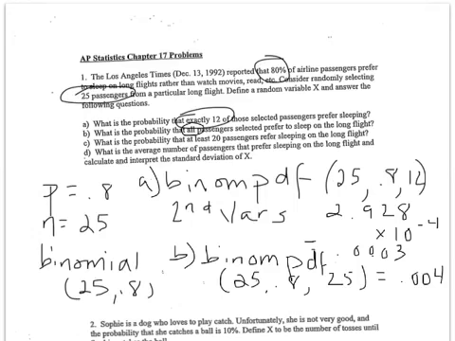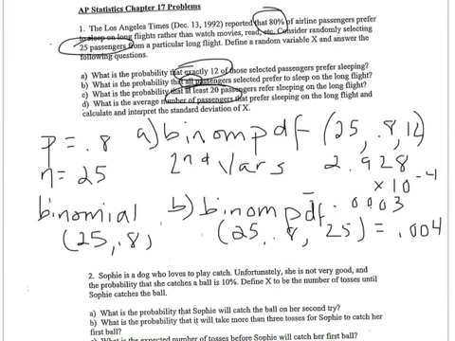Now, C says at least. Okay? At least is a little bit different. The at least model means that it has to be 20, 21, 22, all the way to 25. We're going to add all those up. Our calculator will do it for us using CDF, but the thing is it can't count up from 20. We have to eliminate everything up to 20. So for C, remember probabilities add to 1, so we're going to do 1 minus binomial